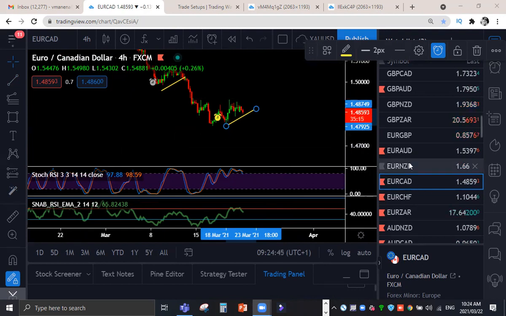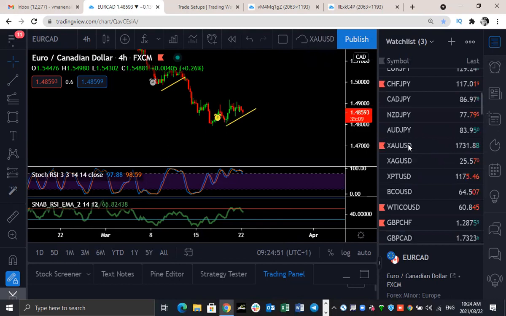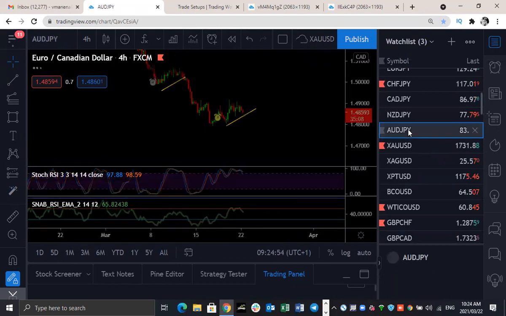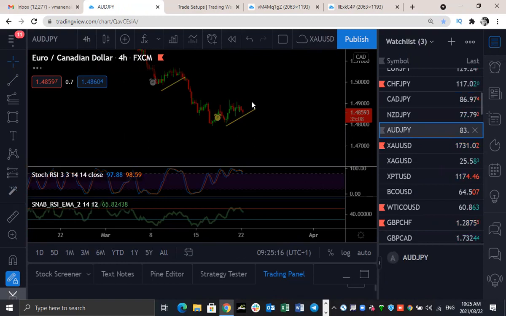That is Euro CAD. So I think I'm done with all the CAD pairs. So let's continue with the rest here. Let's look at the commodities here. Did I do AUD and New Zealand yen? I think I didn't do AUD and New Zealand yen. Let's have a look. See this, not loading here. Okay, AUD yen, there's